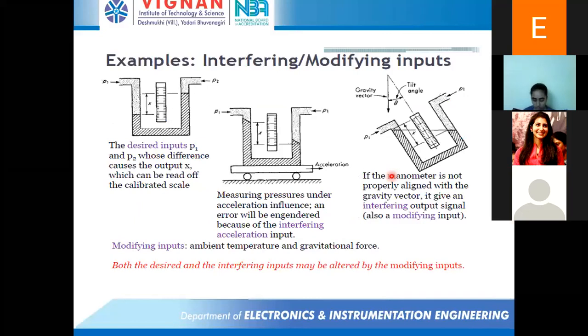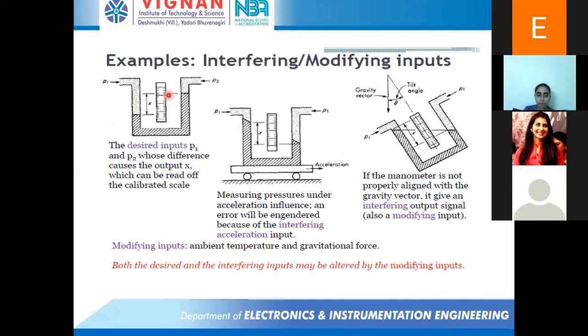In the second case, if you observe the previous case only, if P1 equal to P2, the differential pressure is 0, and therefore the output, that is scale reading H, should be 0. That's the case. But there are some examples when scale reading is not 0, even though P1 equal to P2. Generally, when P1 equal to P2, the scale reading should be 0. But there are some cases where, even though P1 equal to P2, the scale is not equal to 0. That means the differential pressure is 0, height is not equal to 0.